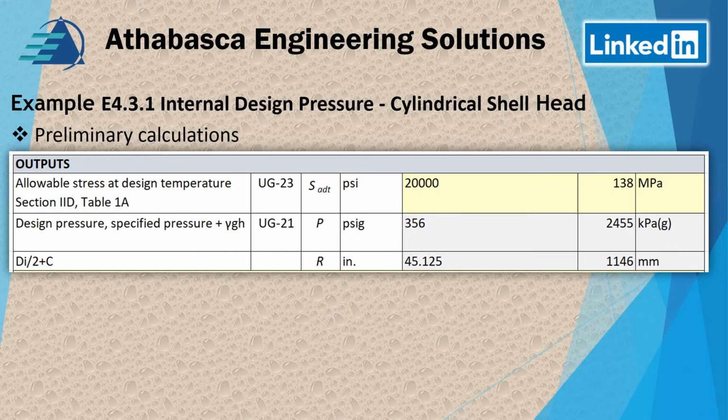So let's drop all this into here. In the previous presentations, we went through how we get the allowable stress. And of course, that's always the hot allowable stress, as I call it. And so you need to go into section 2D, table 1A, which is for ferrous materials like this SA 516